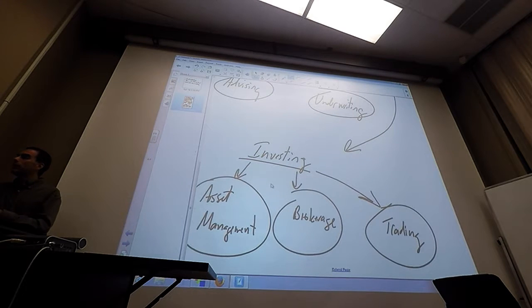There's a lot of firms that do investing only, and you would not call them an investment bank if they just do brokerage or they just do asset management. Like for asset management, we already looked at a bunch of firms that basically run mutual funds, and we call those investment advisors or mutual fund firms or asset managers. We don't call them investment banks. So if you talk about Vanguard or Fidelity or BlackRock, those firms we looked at before, they would all be in this asset management category, but you wouldn't call them an investment bank, even though in this chapter they kind of fit in investment banking because they do asset management.